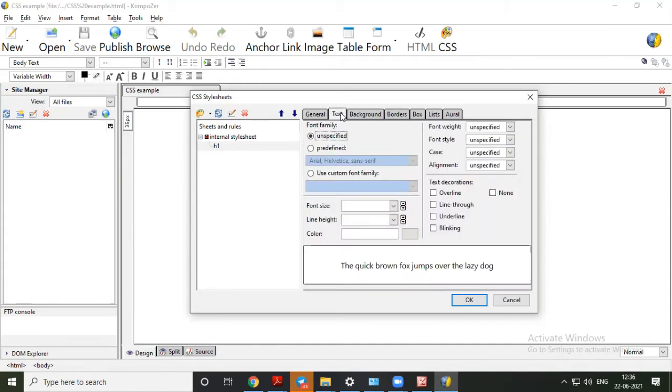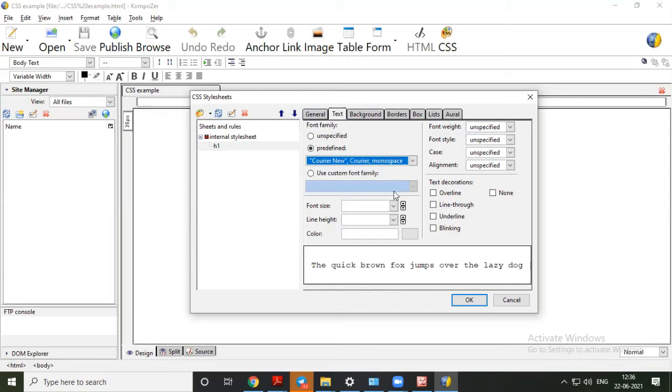Now comes text. Whenever you give the H1 heading level to your page, at that time there is font family, which type of font you want. This is the predefined font family. As soon as you click on any option, you will get a preview of that effect here. This is the preview box, so let's check it. I have selected predefined. This is the font family Arial and sans serif. In the same way Times New Roman is there, Courier New is there. So these are three different font families.